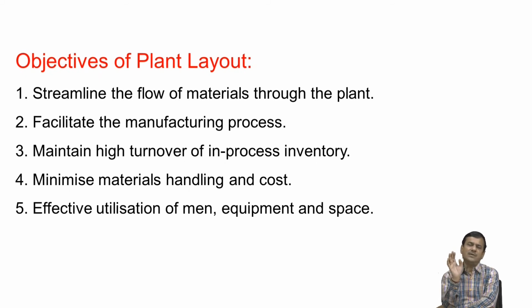The people involved in the manufacturing unit, people associated with the production house, they should be taken care of. They should be utilized as per their skills, abilities, and limitations. And at the same time, the equipment is to be used properly to avoid any kind of danger. It should be maintained properly, and the space that you are using, each and every inch of that space should be utilized in a way that you get the maximum production.